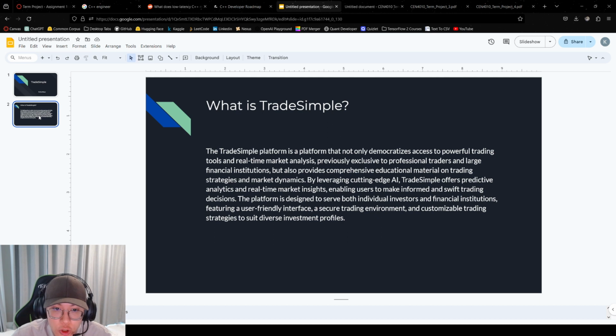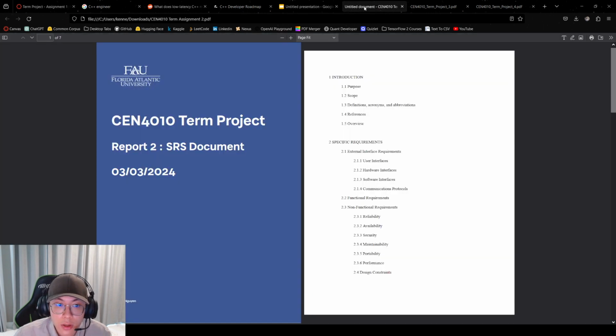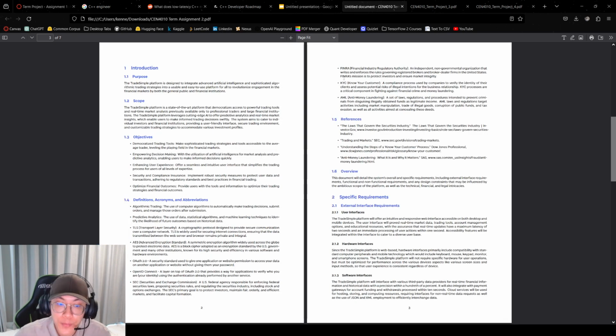And just so that the user can perform quick and precise trades on a real-time market, or have the user test their skills on historical market data with several market conditions. So going more into the SRS field,